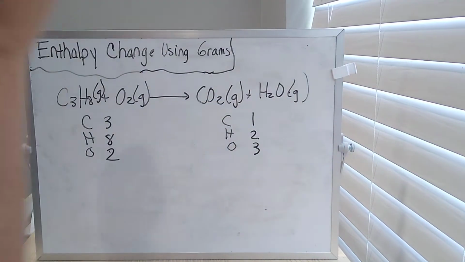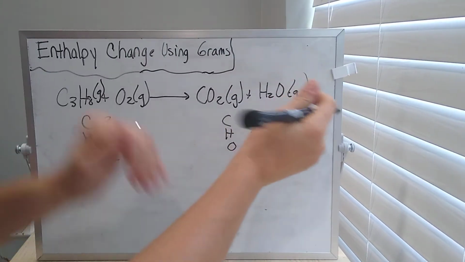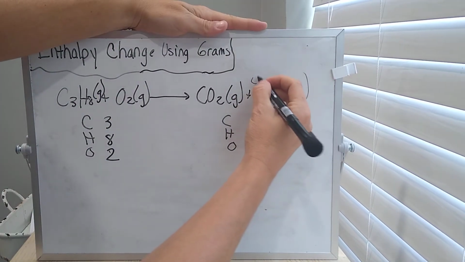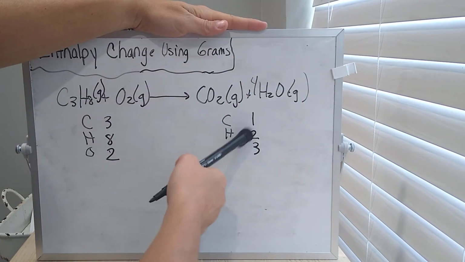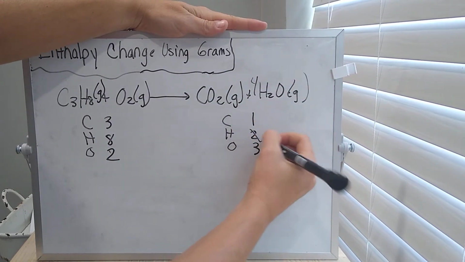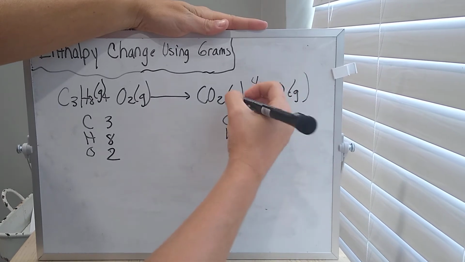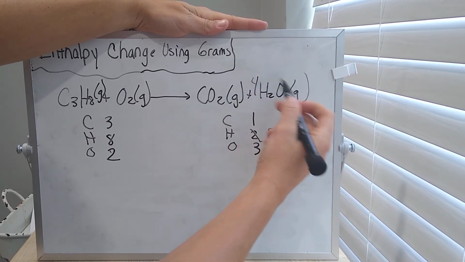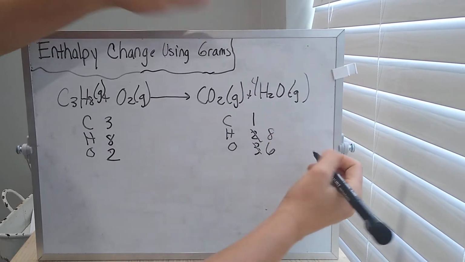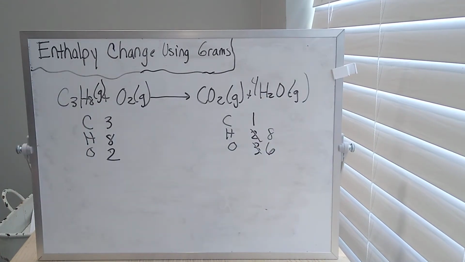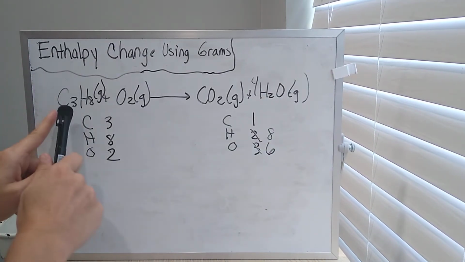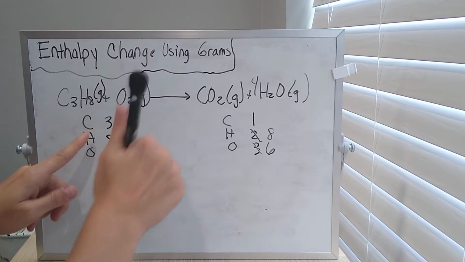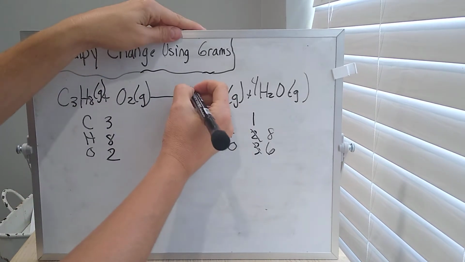Okay, so let's balance this. Let's do our water. So let's put a 4 in front of here because I've got 8 hydrogen here, 2 hydrogen there. So 4 times 2 is 8. Then total oxygen, I've got 2 and now 4, so that's 6. Let's come back over here. Actually, no, I need to match my carbons. Let's do that next. So we've got 3 here and 1 here, so let's put a 3 in front of